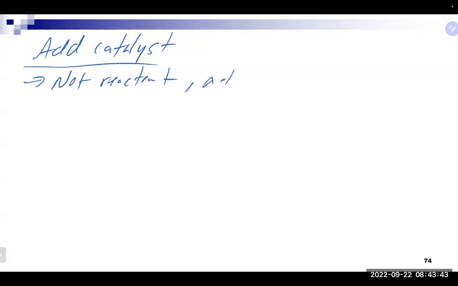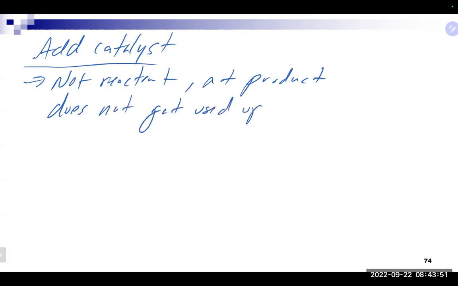It's not a product. And once again, it does not get used up in the reaction. It is there, as we talked about, in most cases to really just facilitate the reaction occurring faster. And as we talked about, it's able to do that by lowering the activation energy, right? So that hill that the reactants have to climb to get to the other side, and thus the reaction occurs